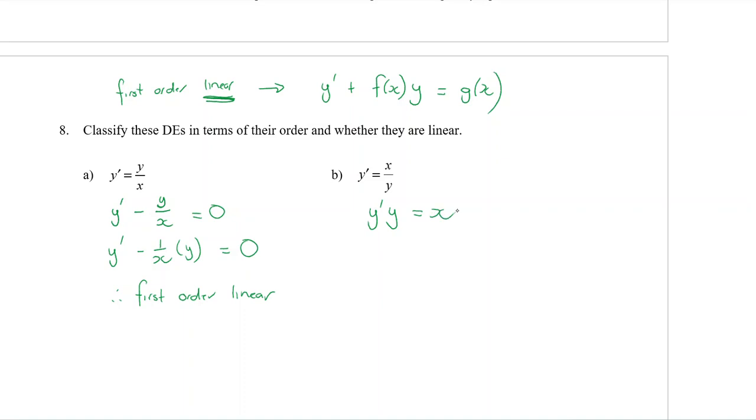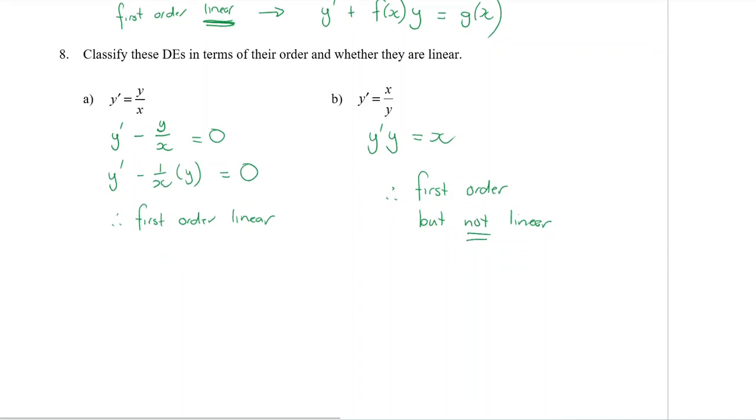Now, unfortunately, you can't have your y times your y dash. It needs to be a y dash plus then your y term with a function of x in front of it. Okay, so this one, no, unfortunately, there's no way of separating that into the right form. So therefore, it is first order, because we had that one derivative in there, but not linear, because we couldn't get it in the right form. So first order is when you have a derivative